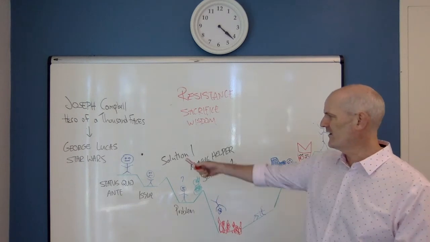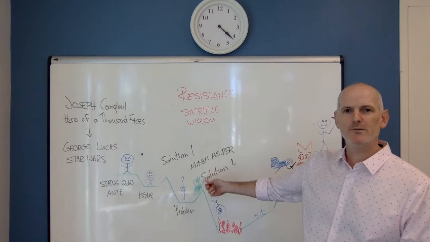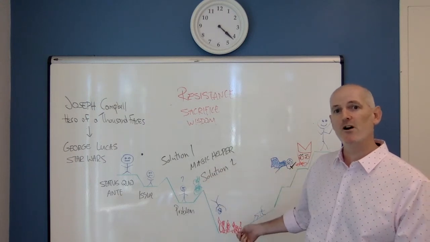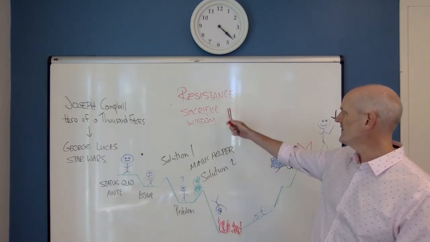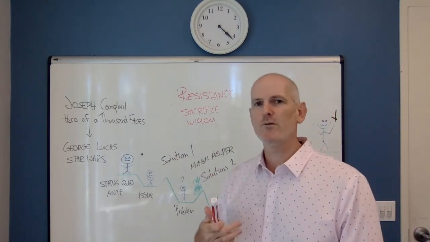And so, you know, their original idea didn't work. The free help that they got from the helper didn't work either. And now they've got to figure out things on their own. And so this involves sacrifice or compromise. So like in the example of the